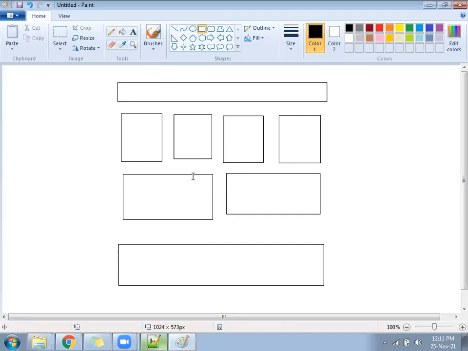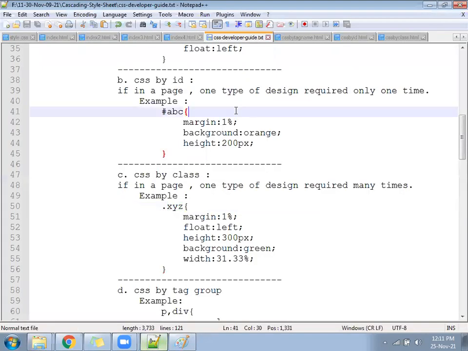So if anyone asks, what is the difference between ID and class? We can say simply: in one page, if one type of design comes one time, I will write the ID. So using the same ID, we can communicate with the CSS and with the JavaScript. If in one page, one type of design is many times, we can follow the class. So CSS we can write one time, and we can use it under the HTML many times. And in the future, if you require JavaScript, then we can give a unique ID for all, and then JavaScript will be compatible to communicate. Okay. This way you can.